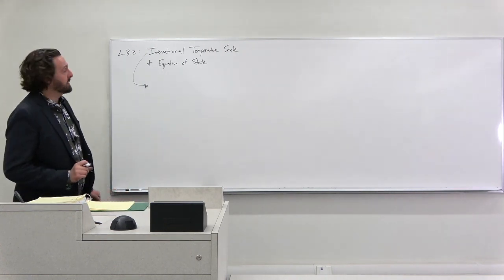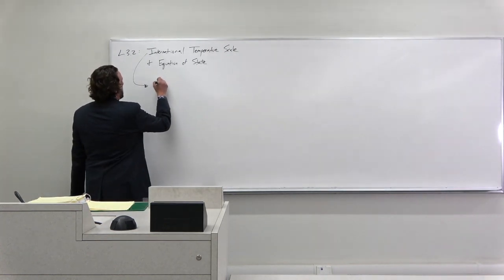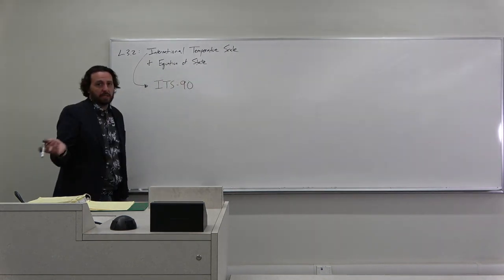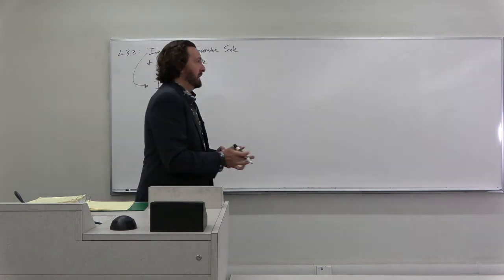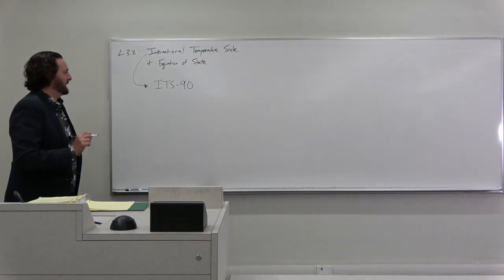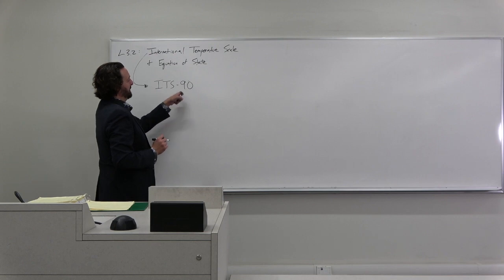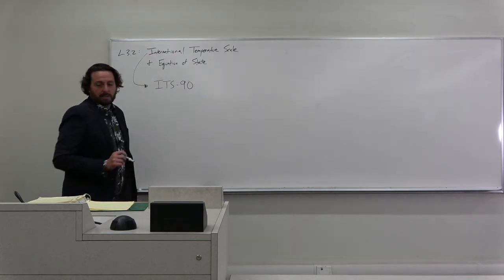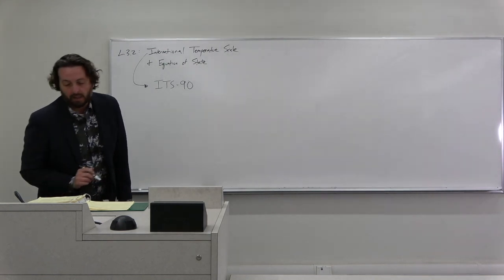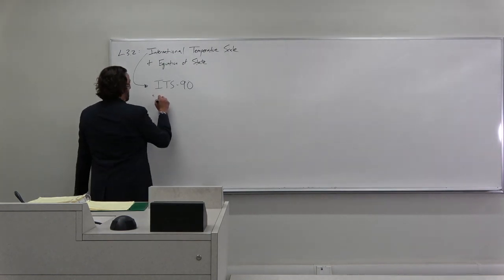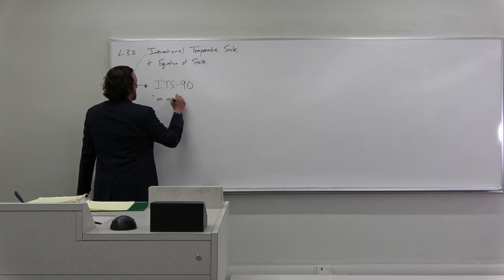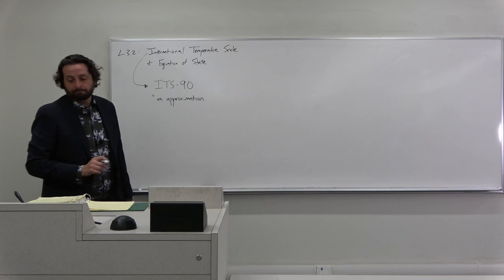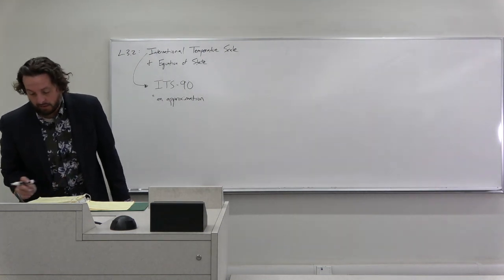And so what we actually have is called the ITS 90. So I'm going to actually post the ITS 90 so you can take a look at it in all of its glory. This is the International Temperature Scale, which was defined in 1990 or accepted in 1990. And it is, let me write the definition, an approximation of the thermodynamic